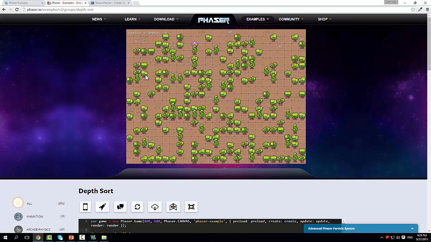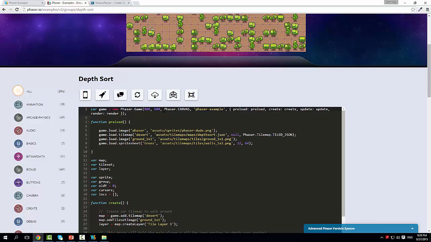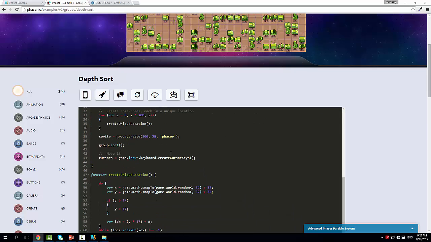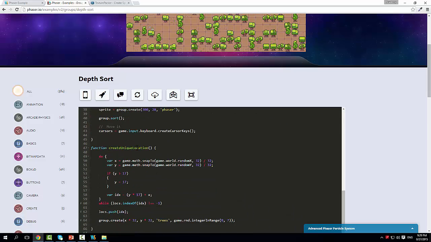So you see this character, so now he's behind. Can you see that well? And as soon as I move, he becomes, yeah, something like this. So this specific example is done a bit weird. You can sort the elements within a group with a specific sort method. So in this case, we sort by Y. Whichever sprite's Y is lower, it's going to be at the front. And this is done with a sort function, which is